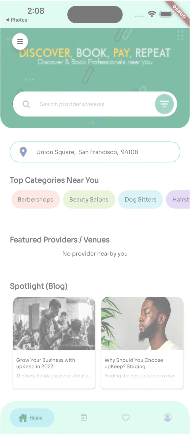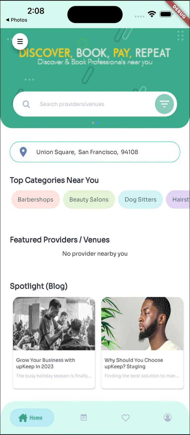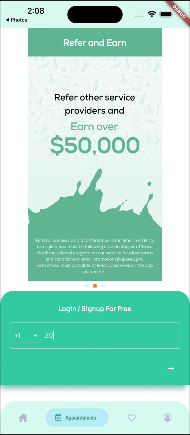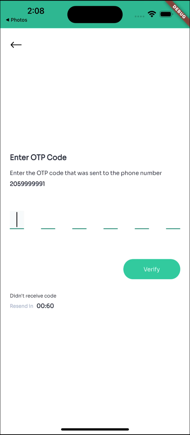The first thing you will come to is the home screen. After that, you'll go ahead and log in or sign up for free by entering your telephone number. Once that telephone number has been entered, a 6-digit one-time passcode will be sent to your phone. You'll click verify,